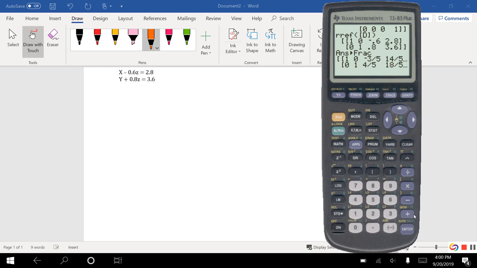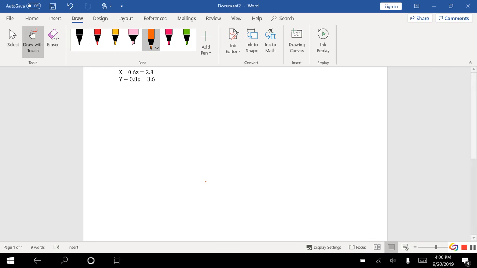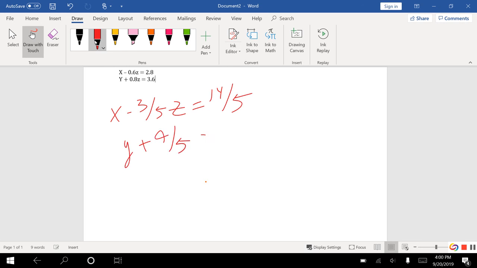Okay. So I'm going to rewrite these. So what I have is x minus 3/5 z equals 14/5 and y plus 4/5 z equals 18/5. Okay, and what I'm going to do is I'm going to just clean these. I'm going to solve each one of these. So I'm going to solve this for x and this for y. Okay, so I'm going to get x equals